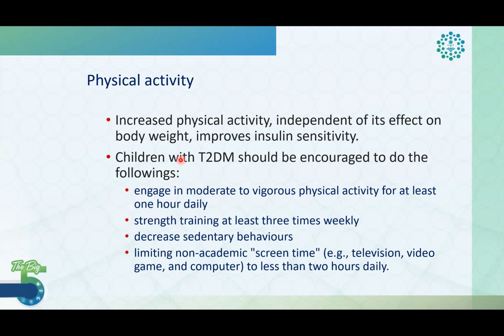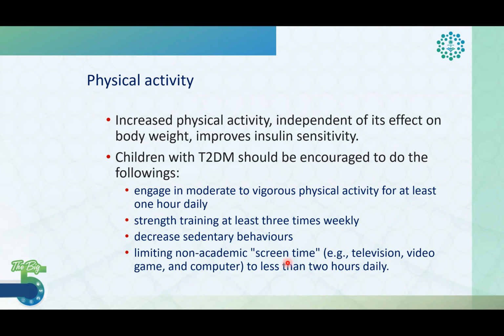So we have to advise children with type 2 diabetes, we encourage them to do the following. Number one, engage in moderate to vigorous physical activity for at least 1 hour a day. So daily, it's not 3 times per week, it's not 5 times per week, it is a daily 1 hour. And in addition to moderate to vigorous physical activity daily, they should have strength training at least 3 times per week, and we have to encourage them to decrease sedentary behaviors, to decrease non-academic screen